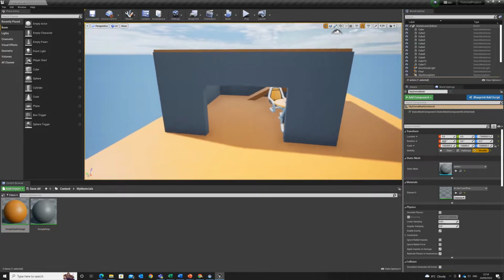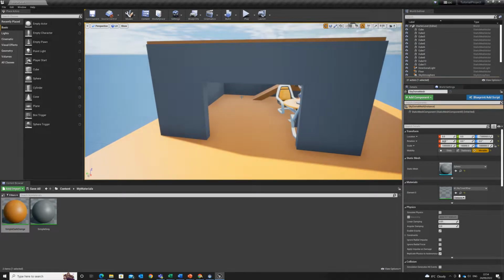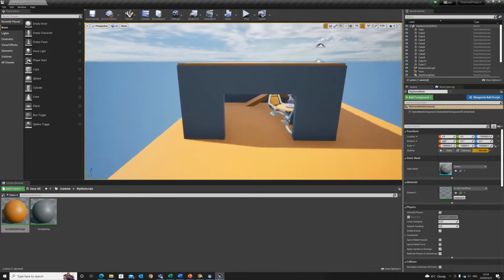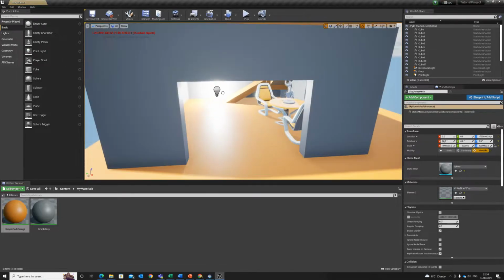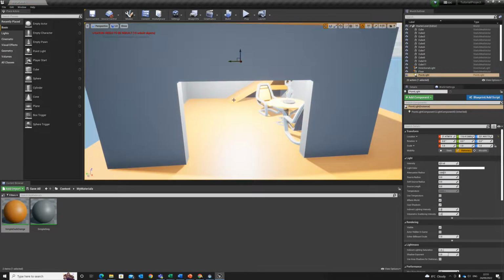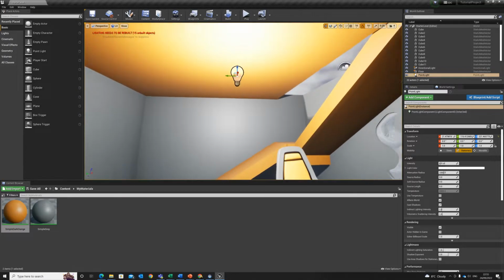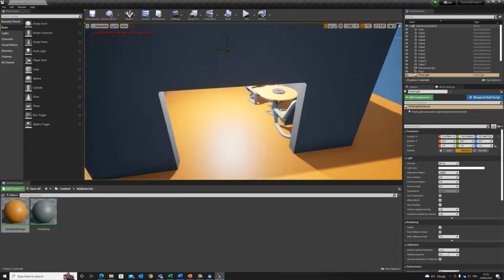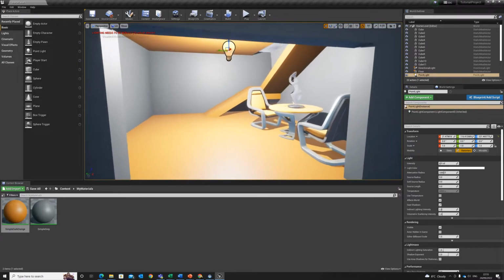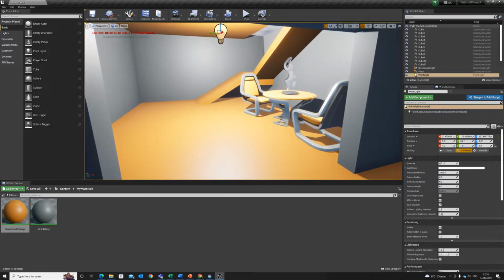If we were going into a room and it was too dark in real life, we'd simply turn the light on. So what I'd like us to do is to create a blueprint for a light. Now if you look up here, and you might have already done this, you can see that there is a light in here. So I can pull this into the world, and there we go, we've got a light. Easy. Now while you can do that, what we're actually going to do is create a blueprint, because it'll save us a lot of time in the long run,